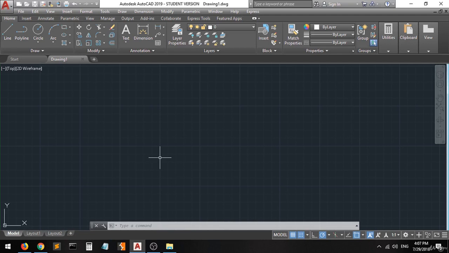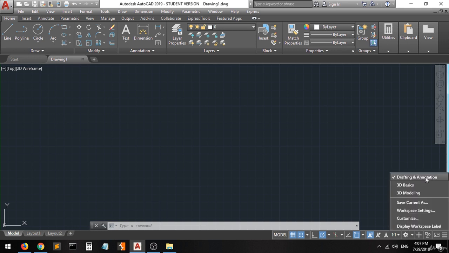Hi guys and welcome. In this lecture I'm going to help you to understand the coordinate system of AutoCAD. As with any other drawing software, AutoCAD has a simple coordinate system which contains the x-axis, y-axis, and the z-axis. As you can see, since we are on the drafting and annotation workspace, which is for 2D drafting, there's only the y and the x-axis. But when we move to 3D basics or 3D modeling, click here,